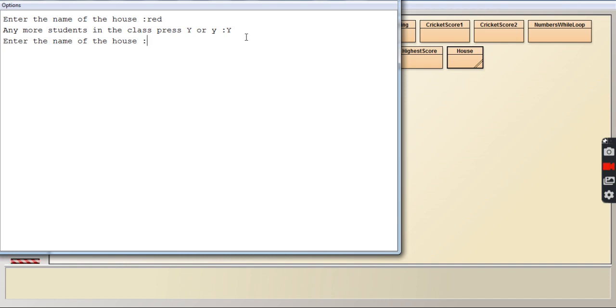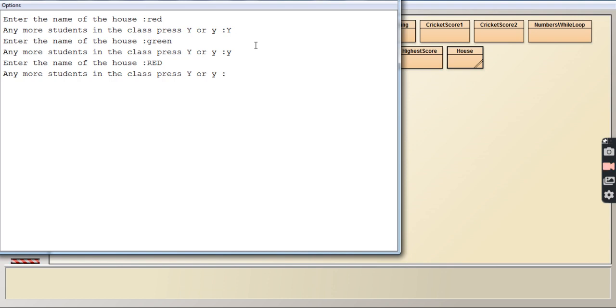Now let us say I give green this time. It got calculated. Again it is asking any more students. I'll give lowercase y this time. I'll press enter. And this time again it is asking you to enter the name of the house, and this time I am going to give red. See, I have given red very clearly.